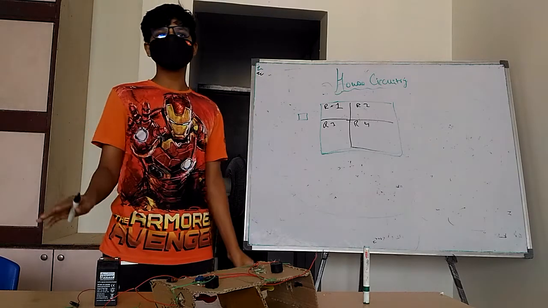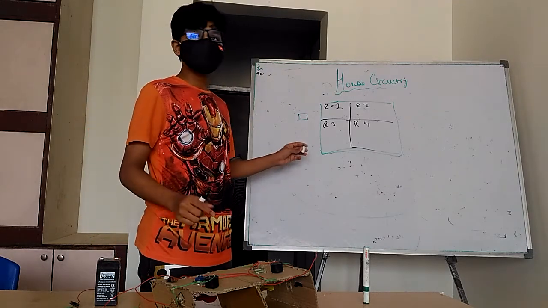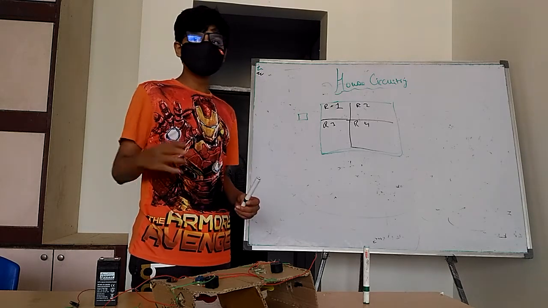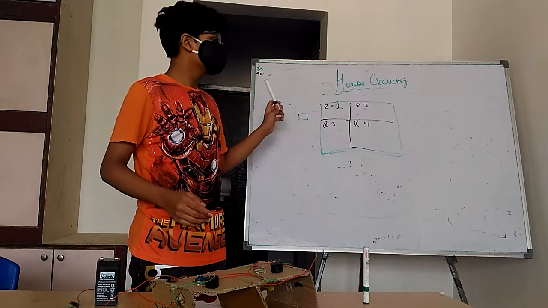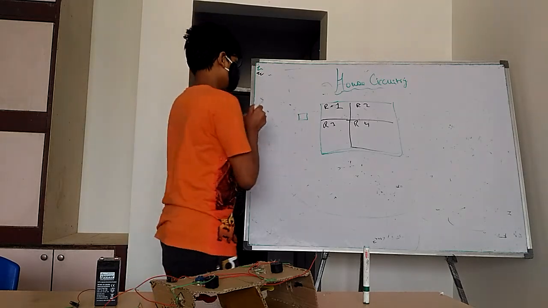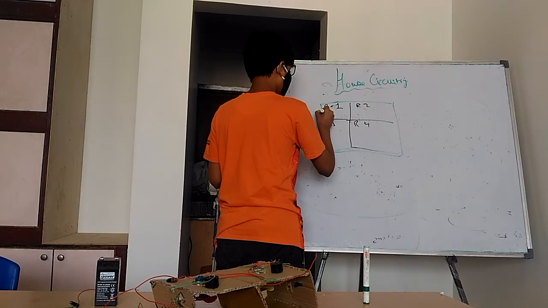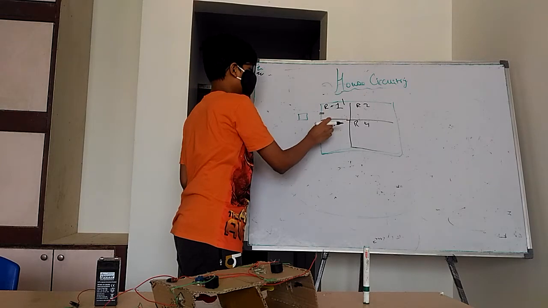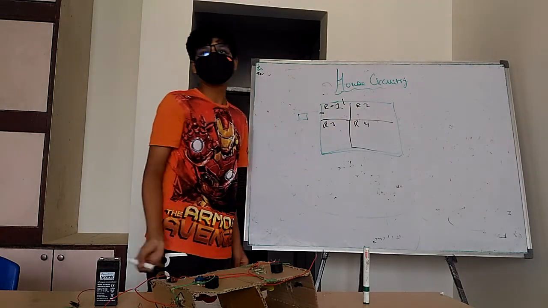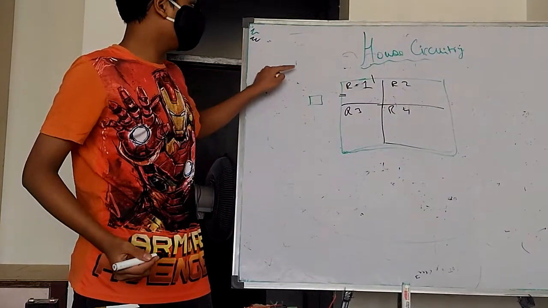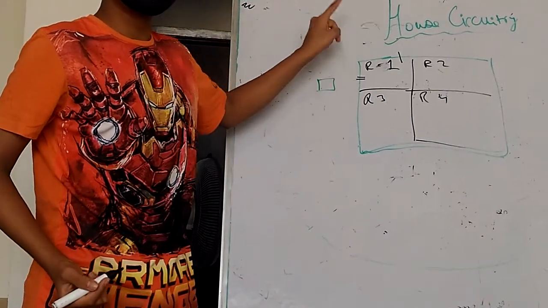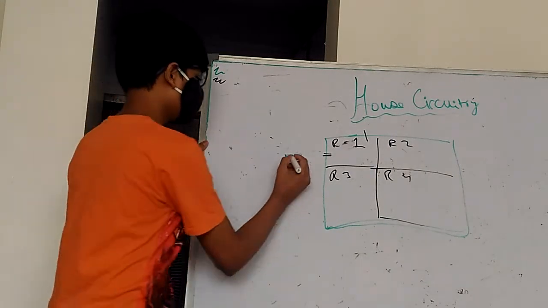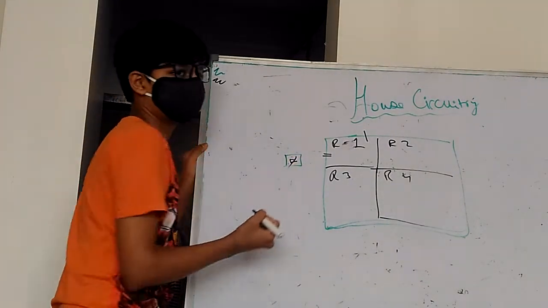Okay. So suppose you're going out somewhere, and you forgot to switch off the light. You have a light and a fan in every room. These are rooms R1, R2, so room 1, room 2, room 3, room 4. You forgot to switch off the light of room 1. So what you can do is just switch off this main switch.